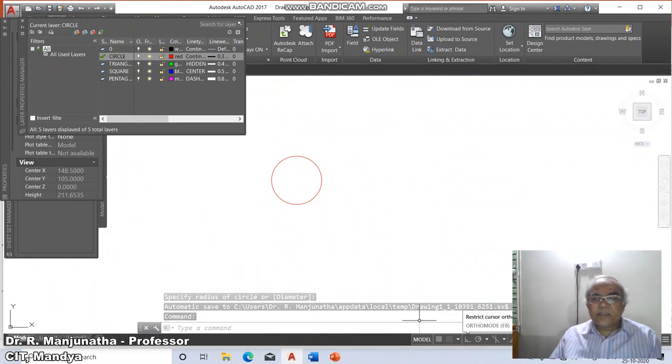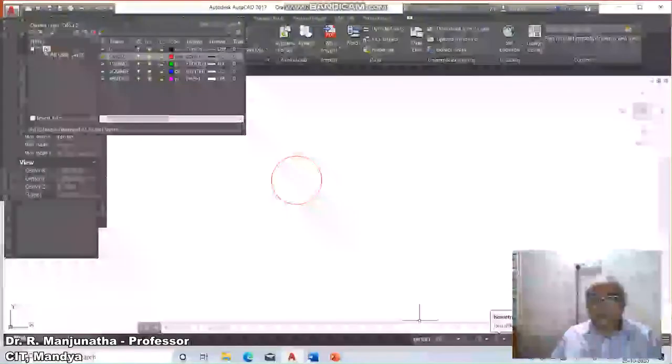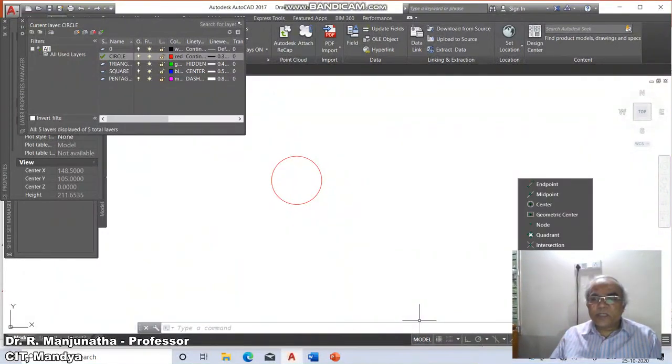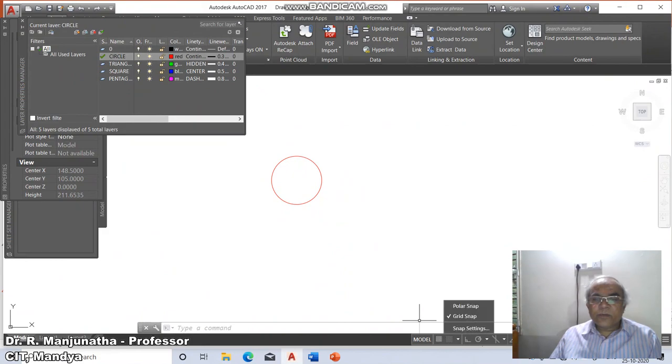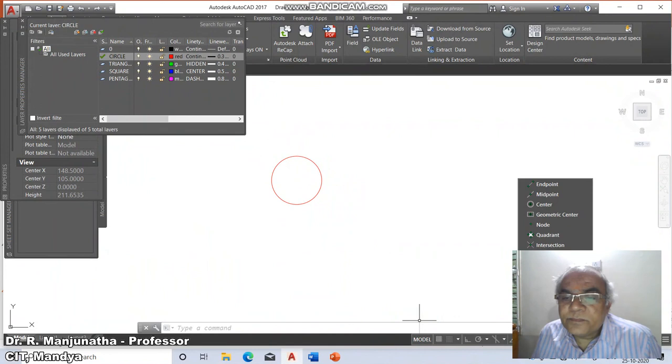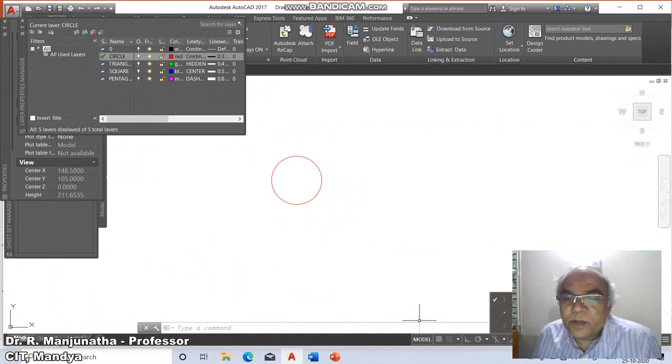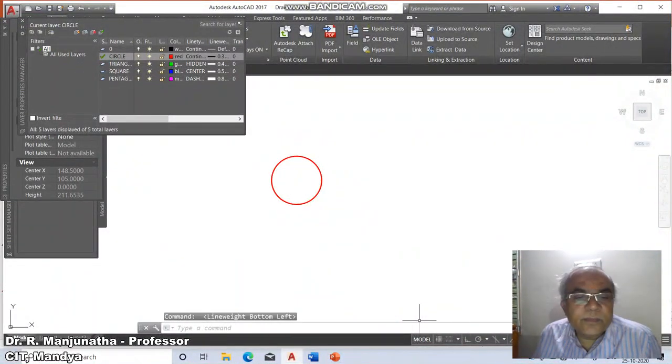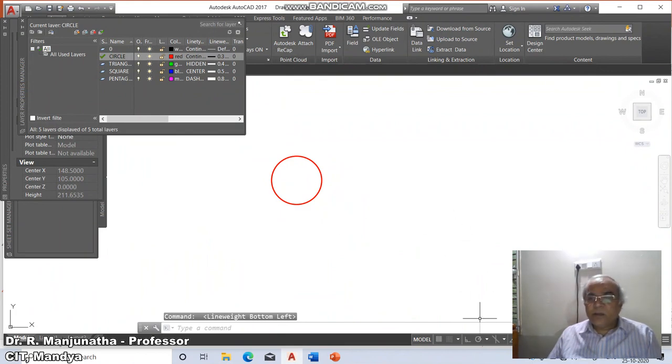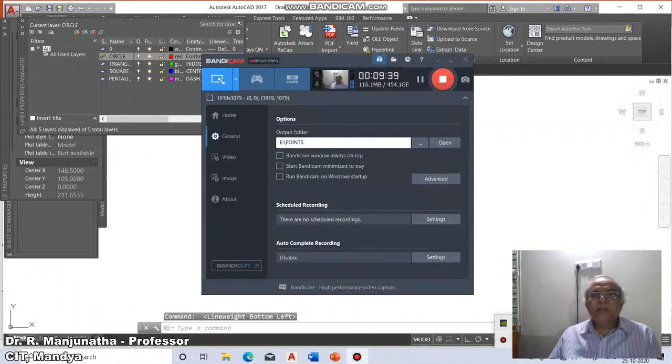Here this is the OSNAP, this is the grid, isoplane, tracking, layer, ortho. This is the line width, line weight. You click on this to display the line width. By default, the line width display will always be switched off.